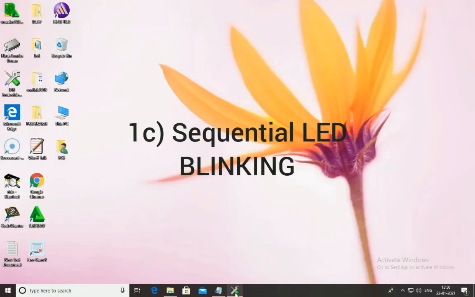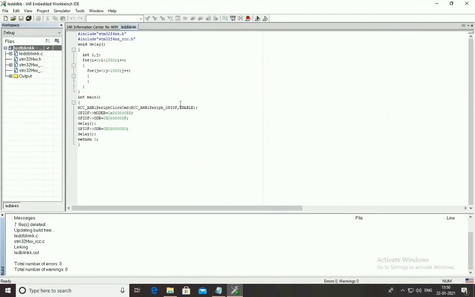Okay, the next one, you have to blink the LED in a sequential manner, one by one. So for that you have to select each LED and give a delay.